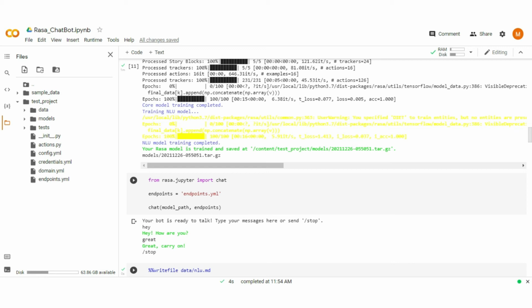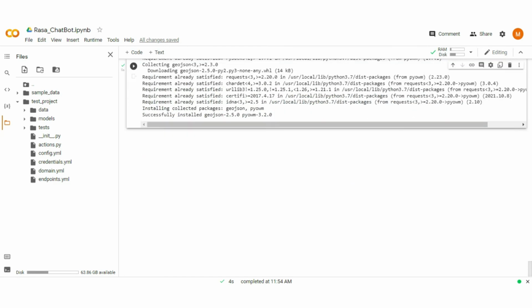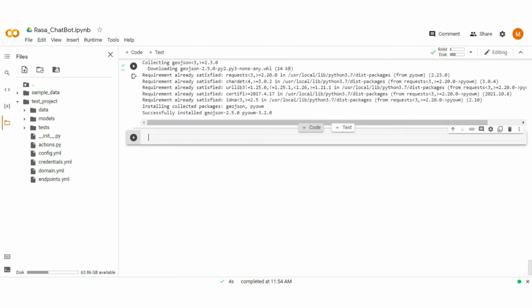But here we are not able to start an action server to use the custom action. So for that we use the command rasa run actions ampersand rasa shell. So it first starts the action server and then invokes the chatbot.